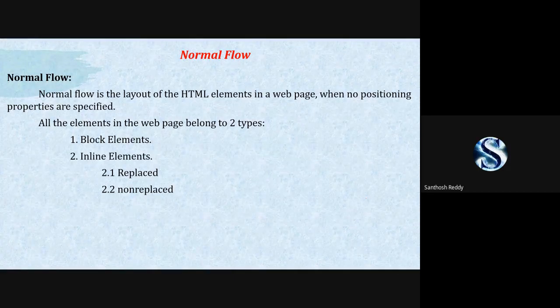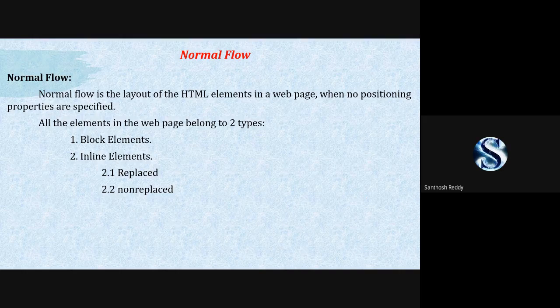These are all the tags which we use under another tag, so we call them inline elements. In inline elements, there are two types again: one is replaced, another is non-replaced.